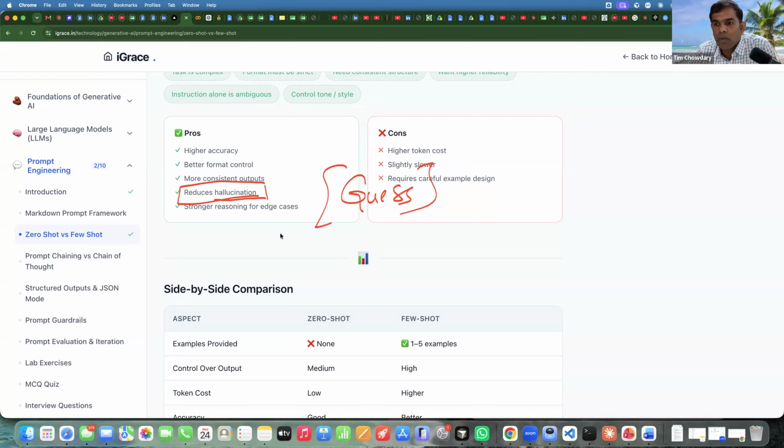Why does it do this? It all goes on probability, right? Again, we'll take a deeper look into it: the transformer architecture, how tokens are generated, what an embedding model is, etc. Then we'll also slightly touch base on hallucination. But for now, just assume hallucination is all about taking some guesswork. Okay. Clear so far?